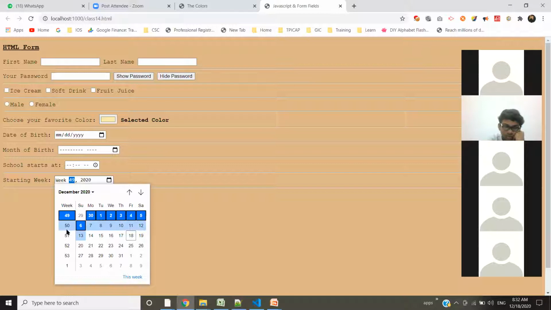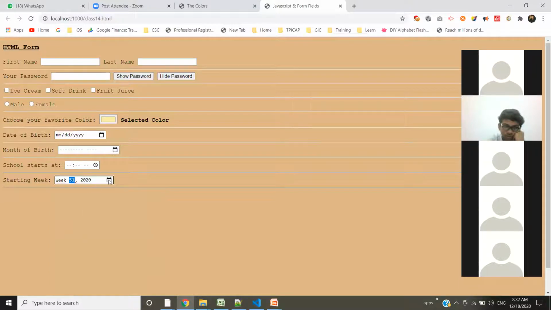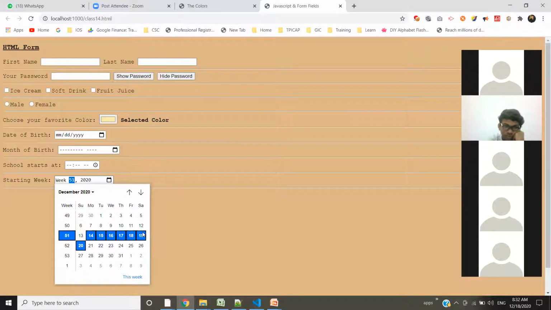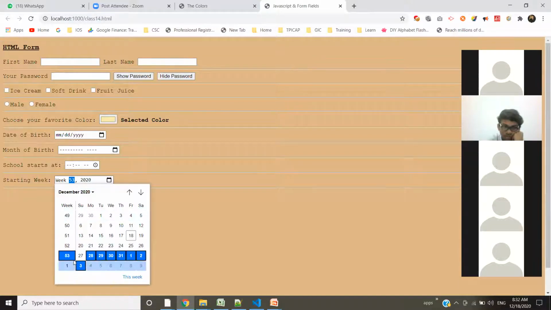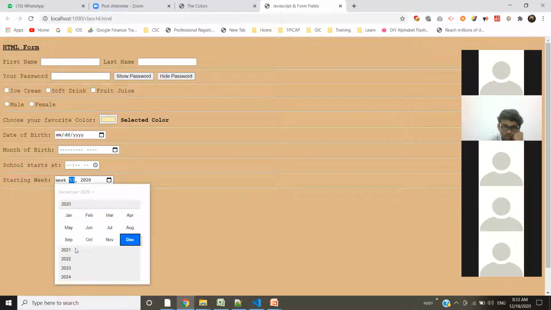See here, week means it will select the whole week, starting from Monday to Sunday. How can there be 53 weeks in a year? It should be 52. Sometimes this one has only 4 or 5 days in the last week. So it changes year to year actually. You see here.